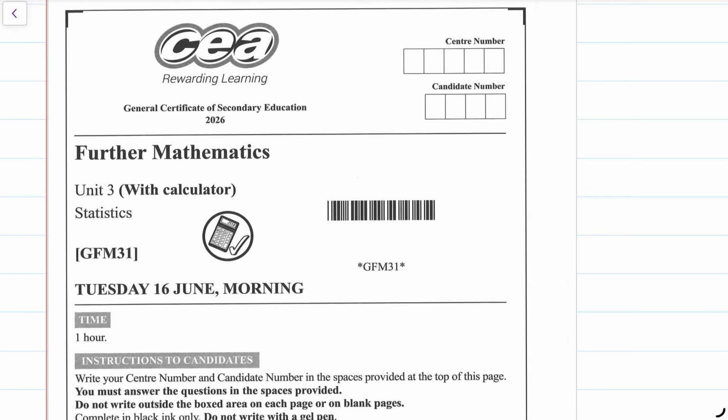These are the solutions to CCEA's GCSE Further Mathematics, Unit 3, which is a statistics module, and this is for